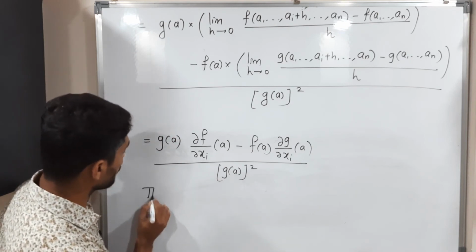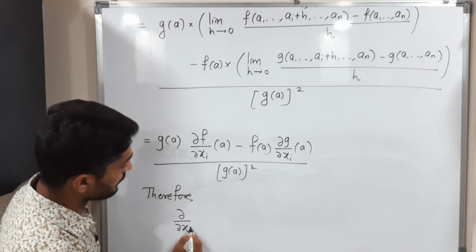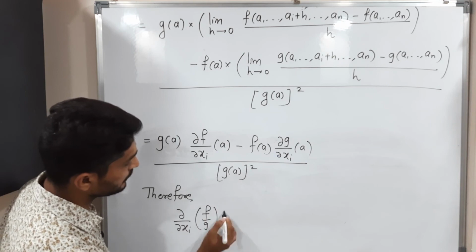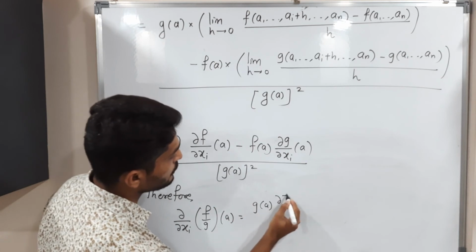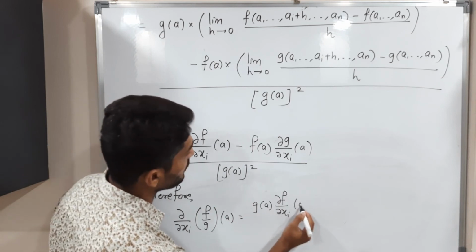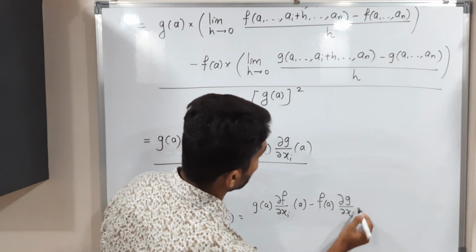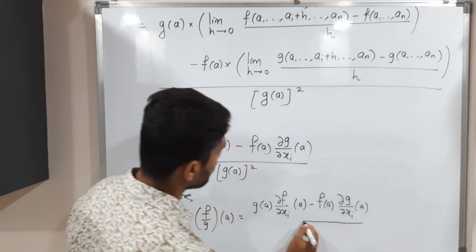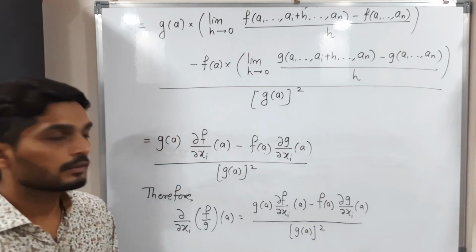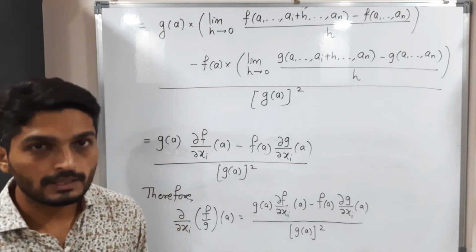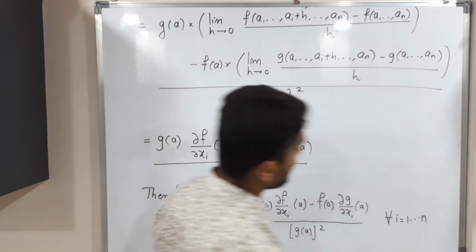And yeah, so therefore we conclude finally what we have to prove, same thing we have to prove. We started with what? We started with the partial derivative of f upon g of a, and finally we have got this one. So this is g of a, that means denominator into derivative of numerator minus numerator into derivative of denominator upon square of denominator. That means we have got our regular formula which we have already studied in 12th standard, but this is for partial derivatives, and whatever we have proved, that is true for all i running from 1 to n.